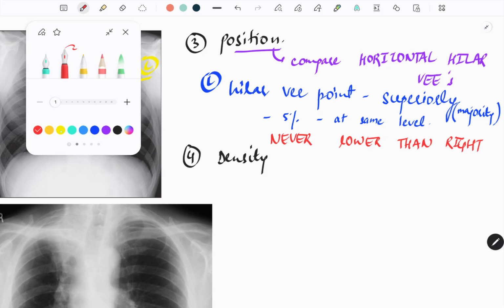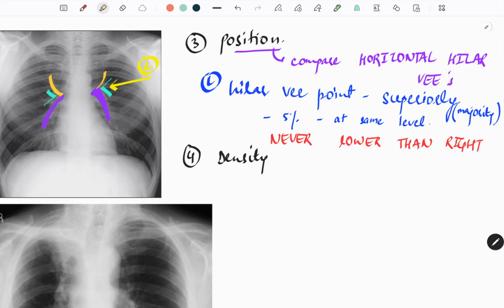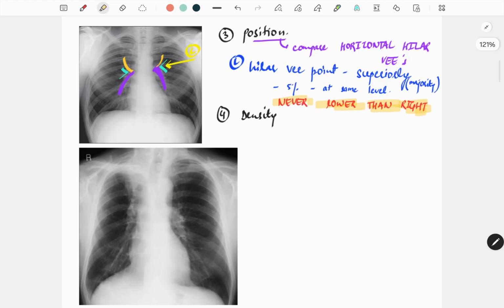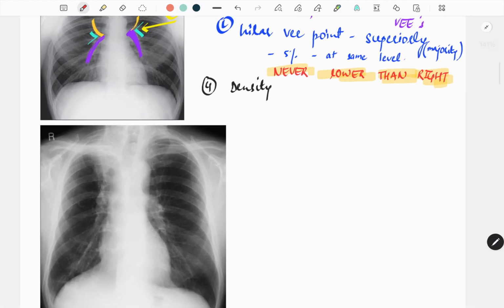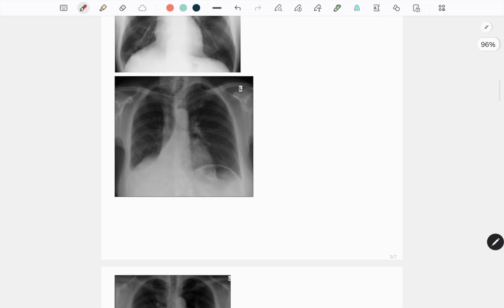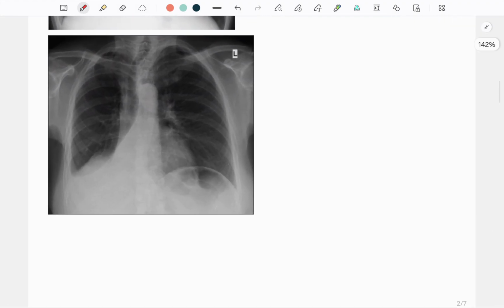Never ever lower than the right. Why? Because